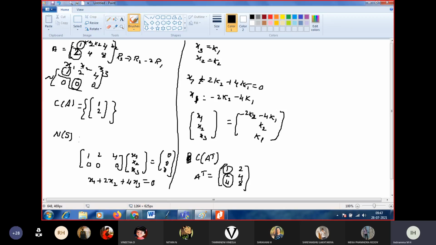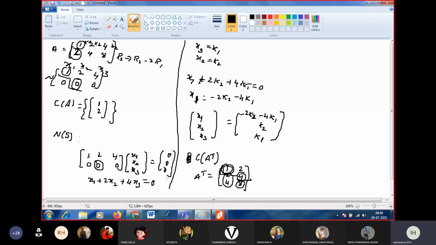Okay. So next, this is the first pivot element. The next pivot element should be this one. If it is not 0, make this element 0. Actually, to find the solution space, we have to make the entries above the pivot elements 0. Only one pivot element we got. To find the solution space, above the pivot element we should make it 0 if it is a pivot element. It is not a pivot because it is 0.